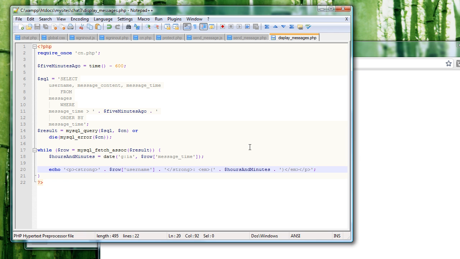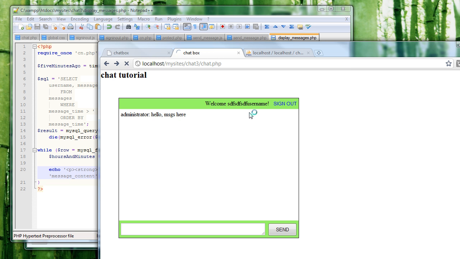And I'm just going to put a little bit of a space right here, and display the actual message, which is message content. So now that I have all that done, if I actually refresh the page,